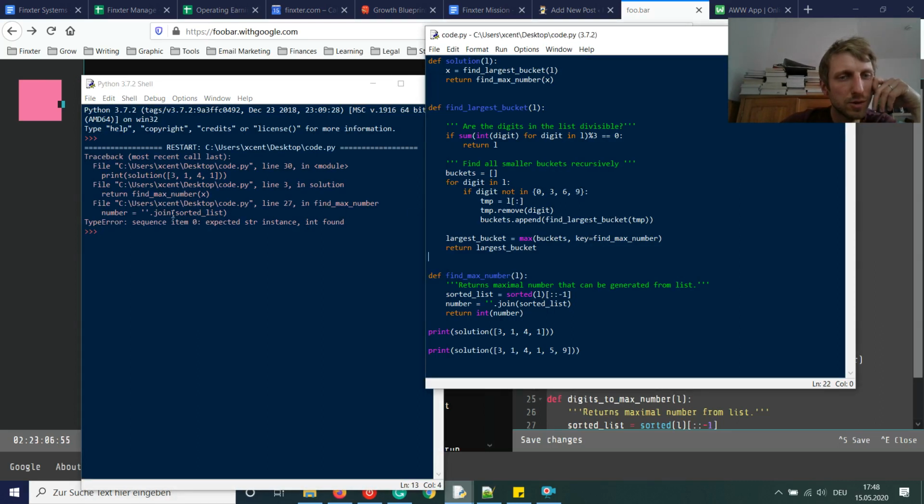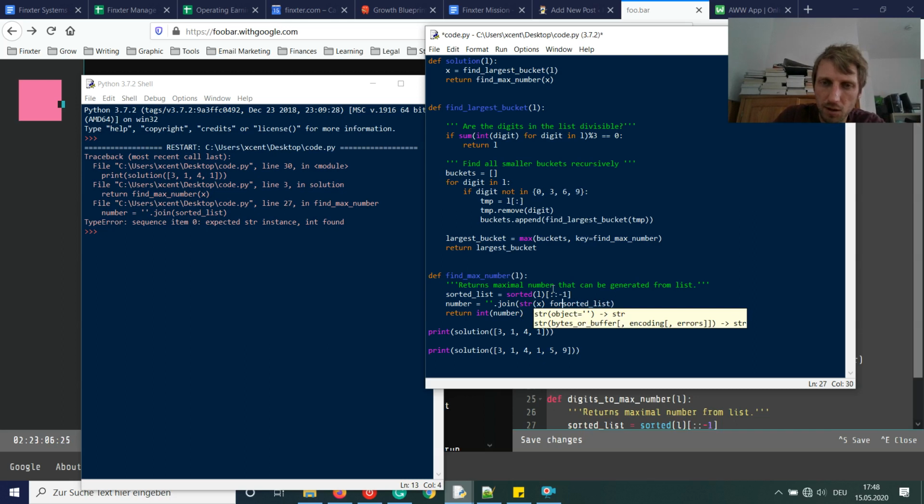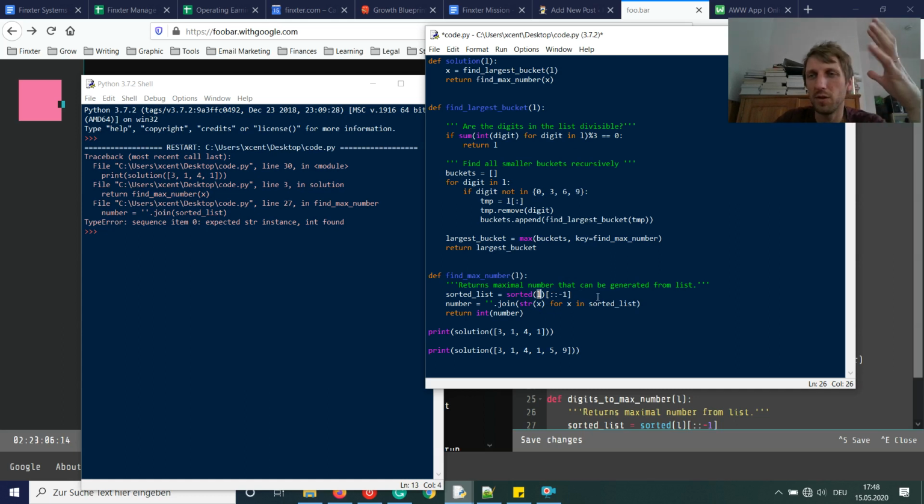Okay, there was a problem when joining them here. We join the sorted list, and sorted returns a list. The join expects a string, but we have an integer. This means we simply need to convert it, for x in sorted list. In our sorted list we have integers, of course, because we sort the numbers in our list, and we obviously cannot